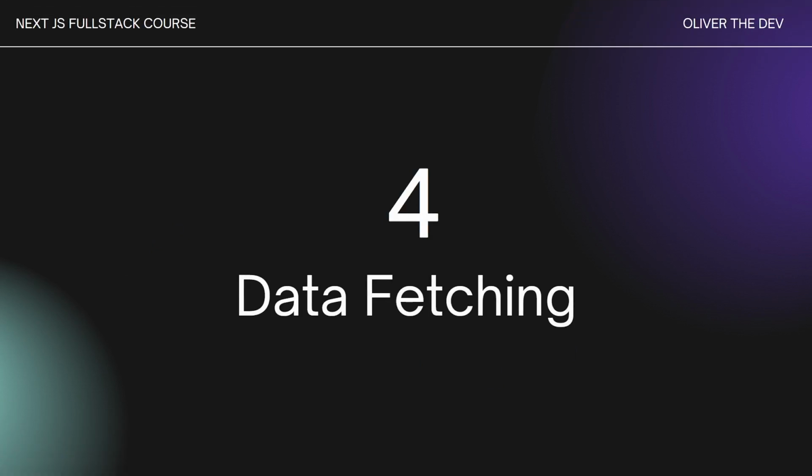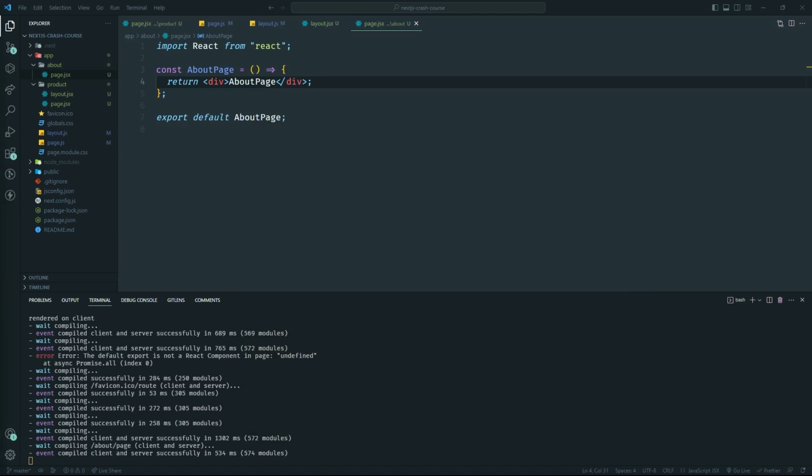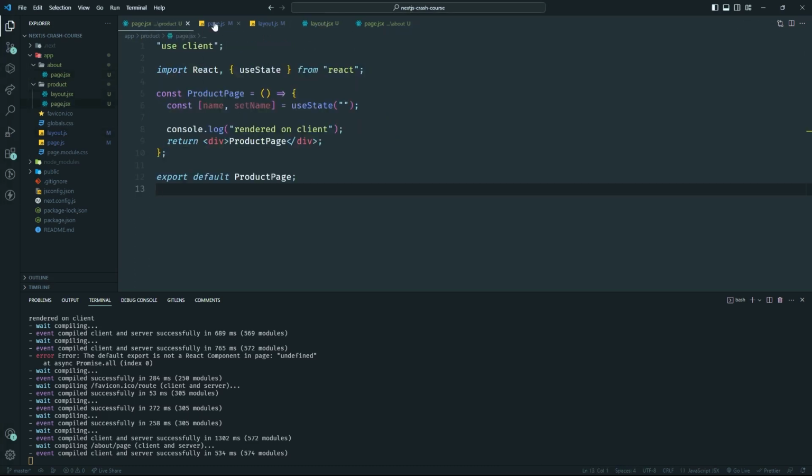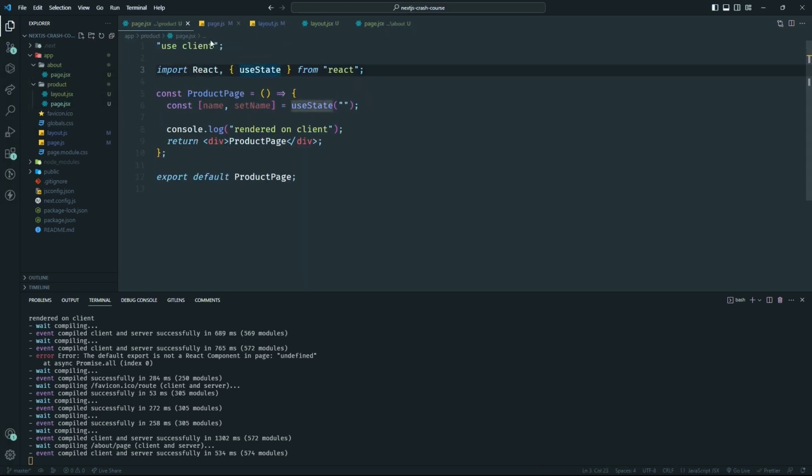So next we're going to be talking about data fetching. There's a lot of cool parts about data fetching in Next.js. So diving back into VS Code. A little bit of a talk on data fetching. Next.js wants you to follow some guide when doing data fetching, right? They want you to do data fetching on the server component. That means no use client. You want to fetch data in any kind of server component,